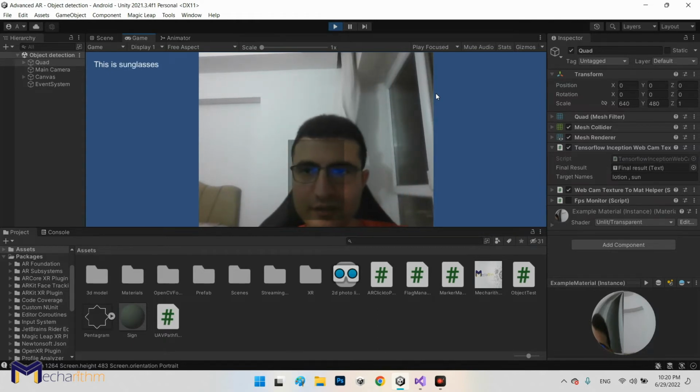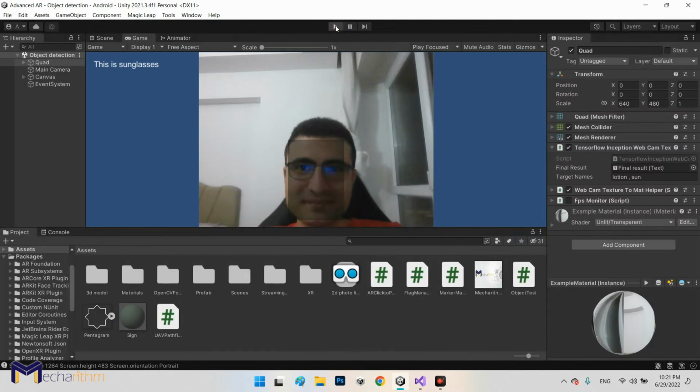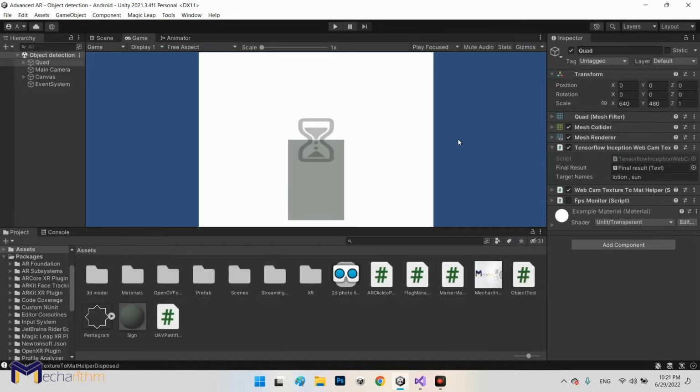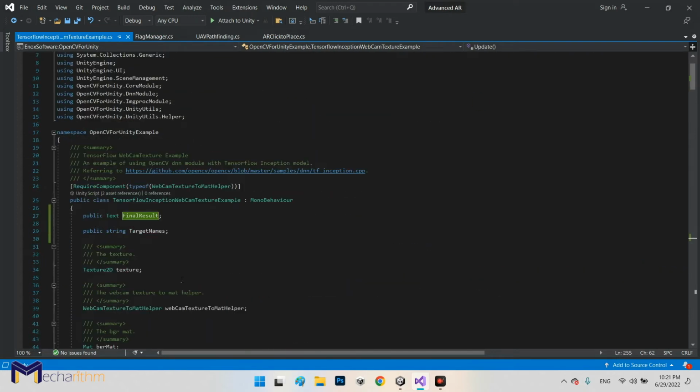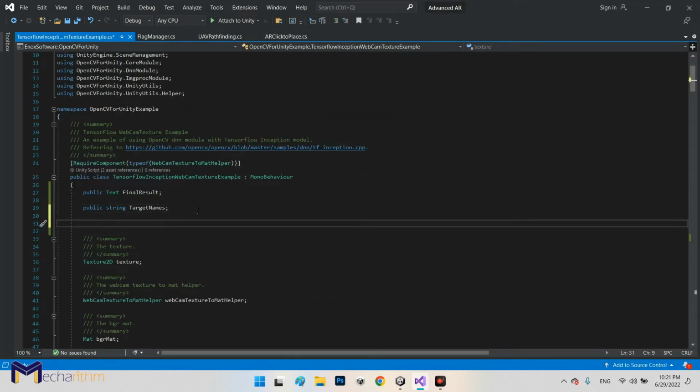And as the sunglasses, and I put the Lucian, we found it. Bravo. It works well. Now we can add any function we want in this part instead of "we found it." For example, I will add